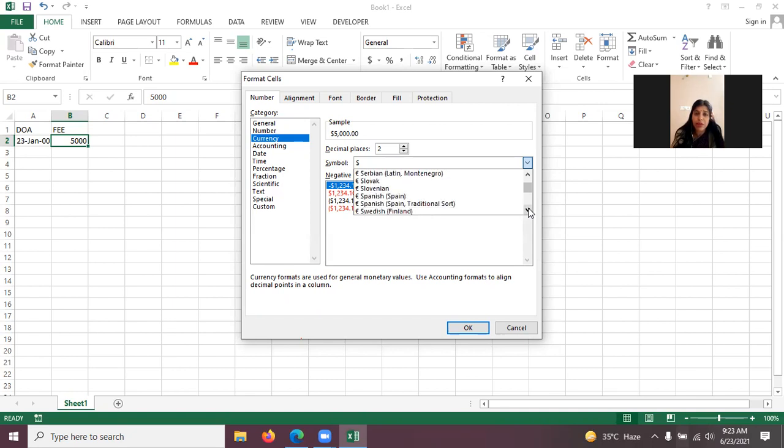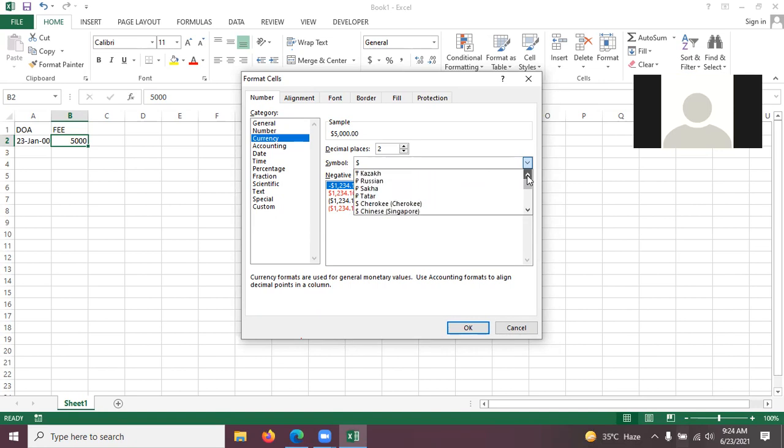Rupee hasn't come. But somewhere we are missing. It was not so far down. It is on the top somewhere. You can see these many currencies which are shown here. You can put according to your need, whatever you want.